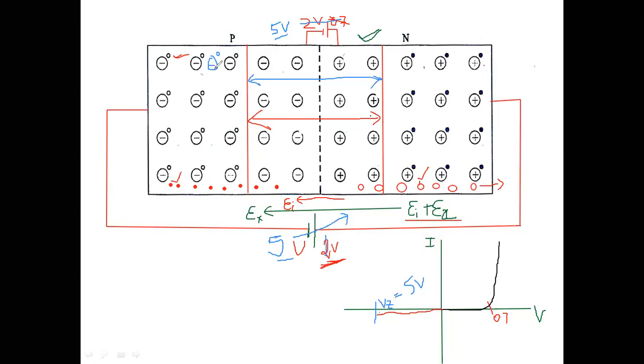Due to this rupture of bonds, what will happen? The covalent bonds will break, and free charge carriers come outside. If I increase the voltage further, then what will happen? The junction width will be constant here. If junction width is constant, what will happen? The voltage becomes constant.